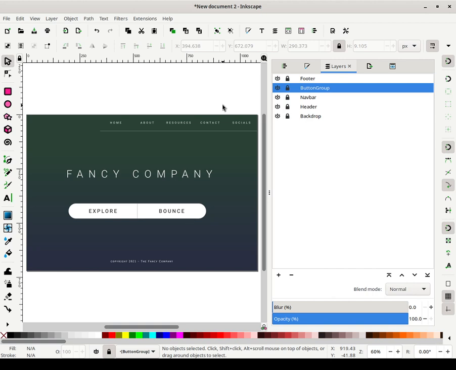I may take some time in the not too far future, if I actually get around to playing with that stuff for myself, to actually demo it, because it's pretty cool. It's just that me personally, I never really played with that other side of SVG myself, but it's something you might want to check out if you're really interested in finding out the full capacity of what you can do, because I've actually seen someone build an entire website in SVG. I don't know if they did it in Inkscape, I highly doubt that, but they did a whole map, and the map is interactive.